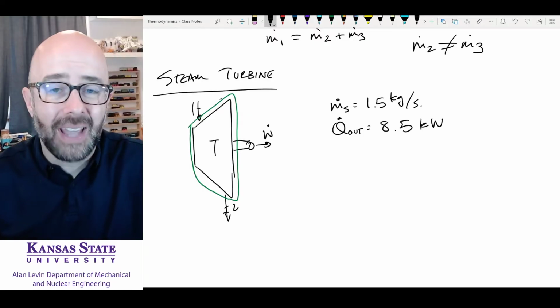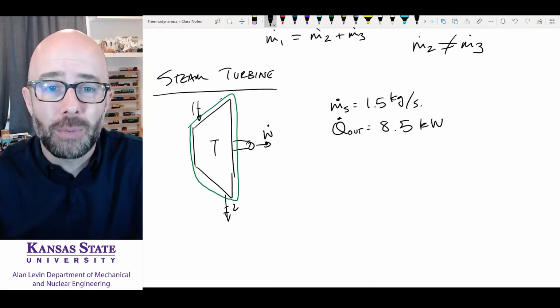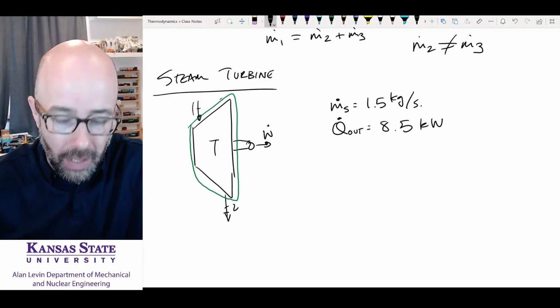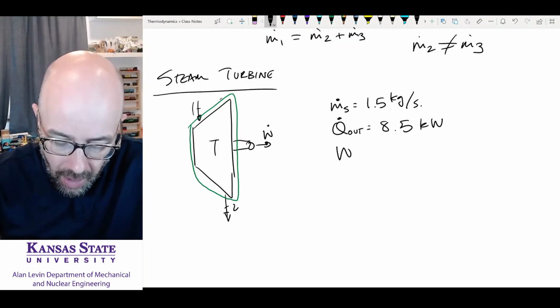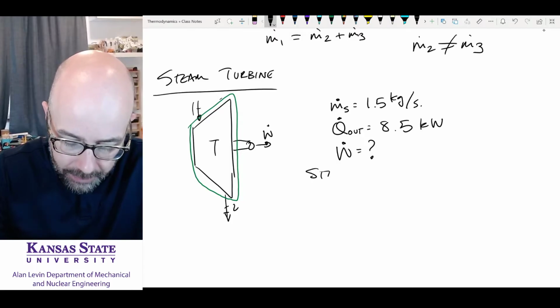So this problem didn't say it was adiabatic. They told me specifically there is some heat transfer. So one of my assumptions that I normally say is there isn't there for this one. Okay? They want to know how much power I produce in this situation. If state 1